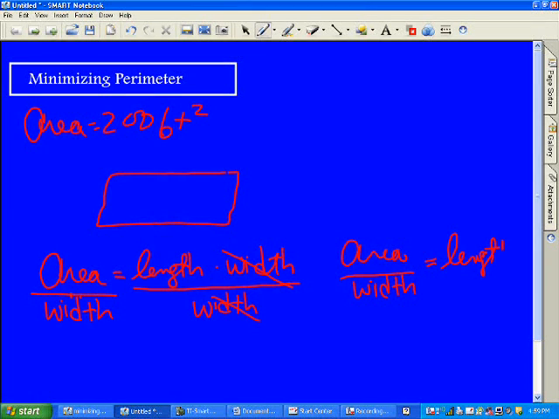I have now renamed length as area over width, and that becomes very, very important because what we're ideally looking to do is to minimize the perimeter. If I take a look at the perimeter formula, which is P equals 2 times the length plus 2 times the width,